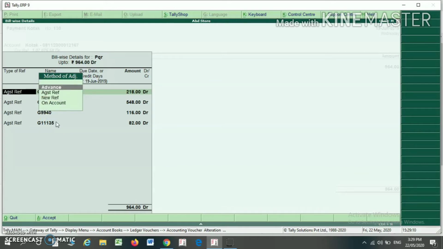Here there is an option: suppose you have received an advance, then you can select advance. Here there is an option for against reference. Suppose you have received or paid any payment against a particular bill number, then you have to select against reference here. Friends, whenever you enter your sales invoice or purchase invoice with a bill, then whenever you are entering a receipt or payment voucher, under against reference you will find the list of the bills and you can select a particular bill for your payment or receipt transaction.